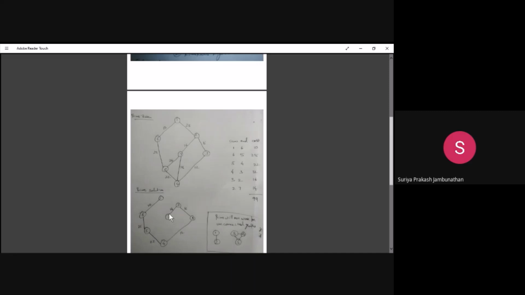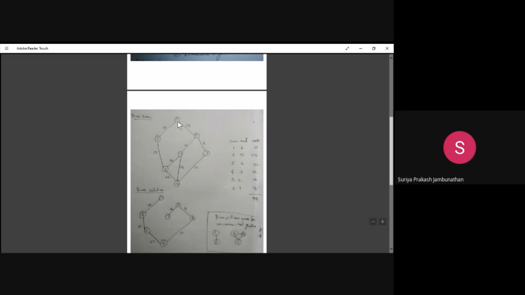There is a connection between 1 to 6. From 6 we identify the next connection, then from 5 we identify the next connection. Like that, the connection is there. But how do we do it in Prim's, and how do we do it in Kruskal's? The same problem graph is what we are seeing here. From the problem graph, we identify the Kruskal's solution. I took the same graph for Prim's and Kruskal's, so I will start the explanation for Kruskal's.